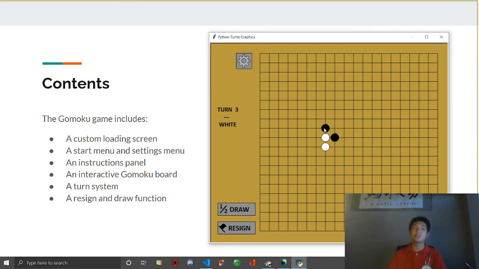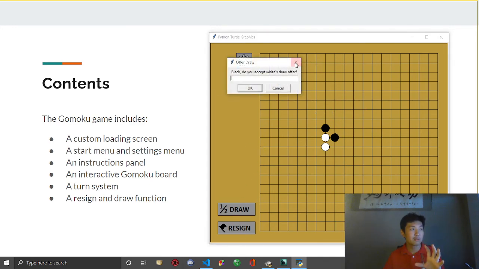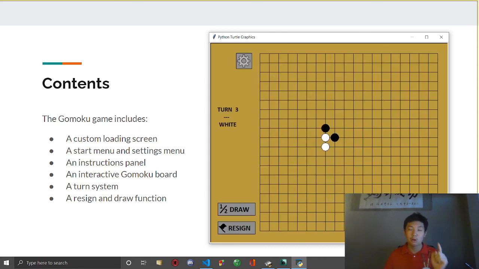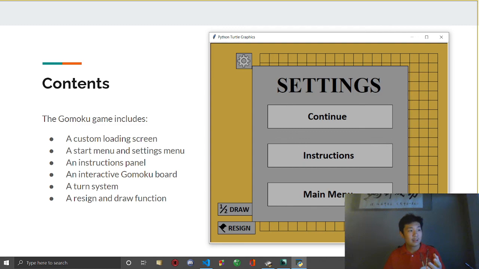There were a lot of issues within this. I'm not going to play the full game. But as you can see, all the buttons work. The turn system works. This is a draw and resign function. This is the settings menu, along with the instructions panel, which does return back to the game instead of returning to the start menu. And if we just finish this off,